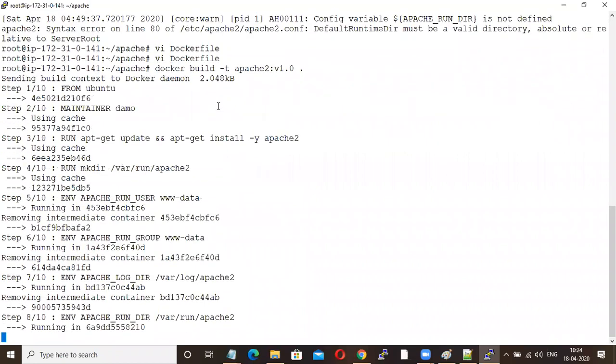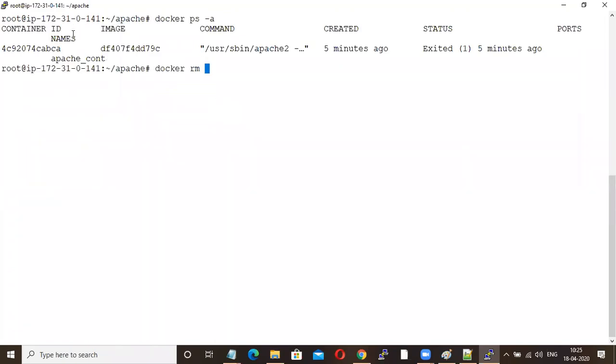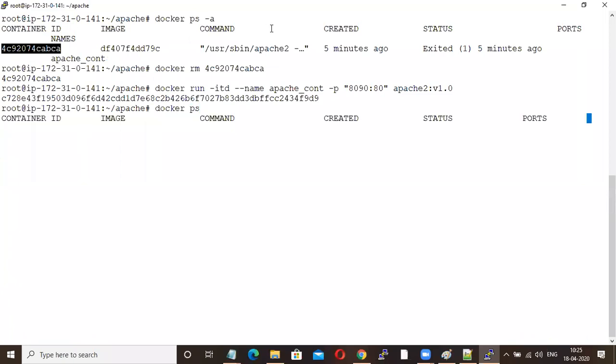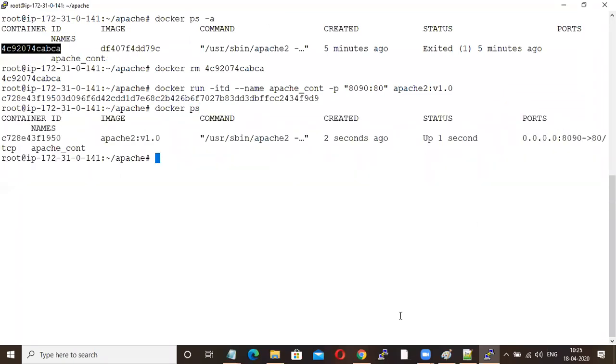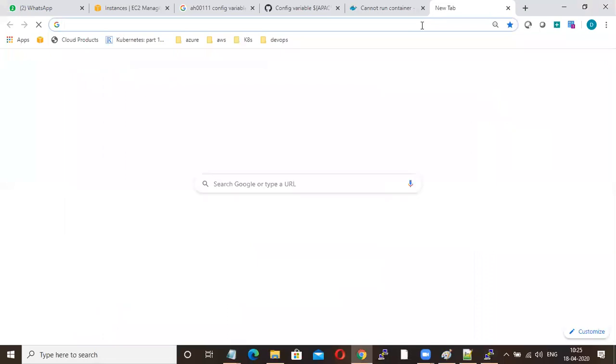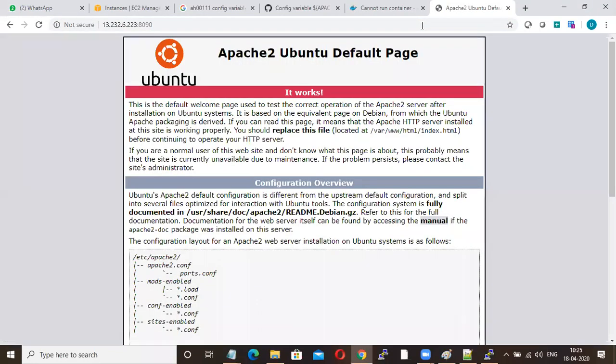So again, I'm just building the Docker file. I'll remove this container, because I don't want inactive containers. And again, I'm running it. Now docker ps, your container is launched. Now if you go to your browser, port 8090, your page is working fine.